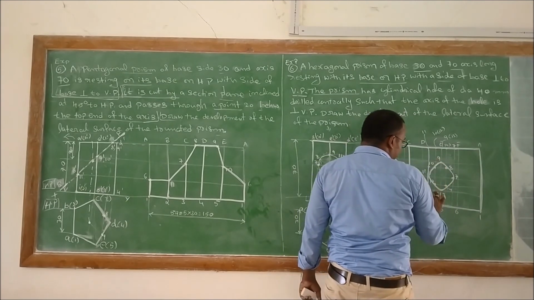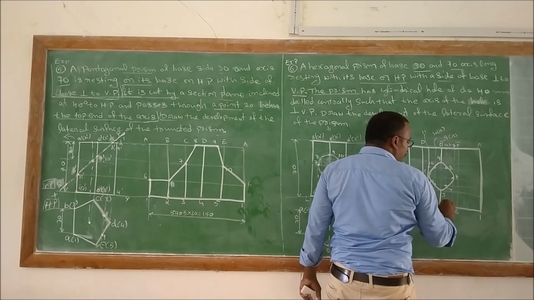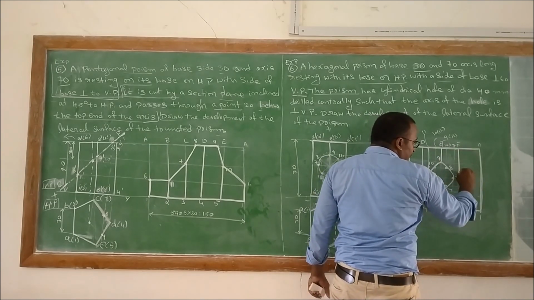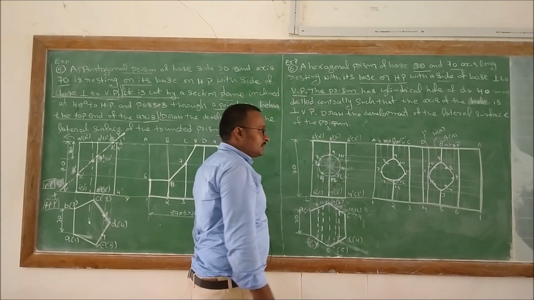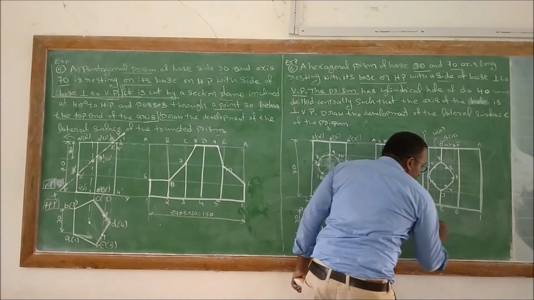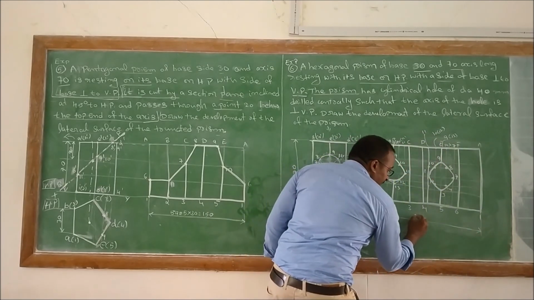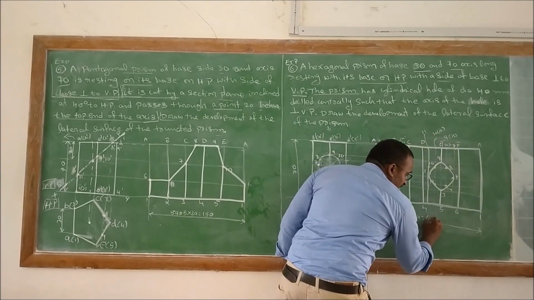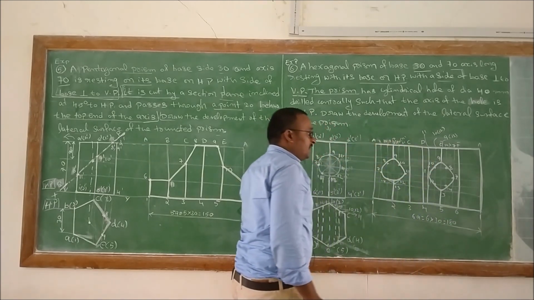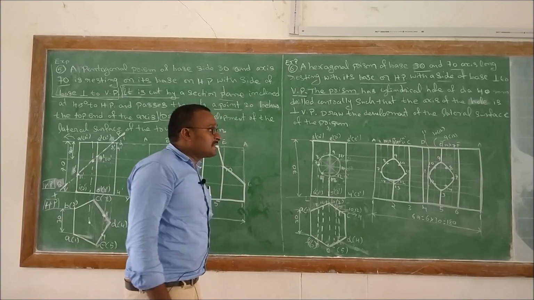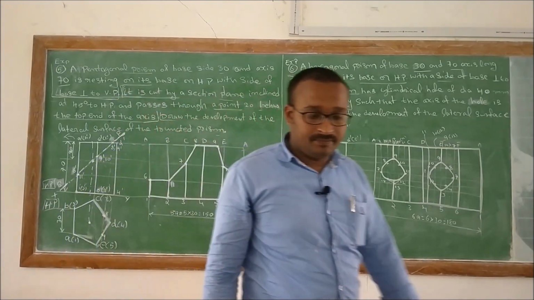Sorry, here there is a D4 line. And then E5 line will be partially visible. And then F6 line will be completely visible. So this is the way how we need to develop a lateral surface. 6A, which is equal to 6 into 30, which is equal to 180 mm. That is the lateral surface of the given problem. Thank you.